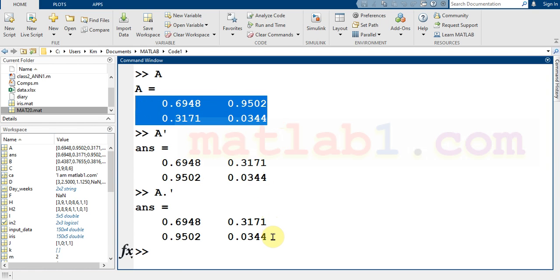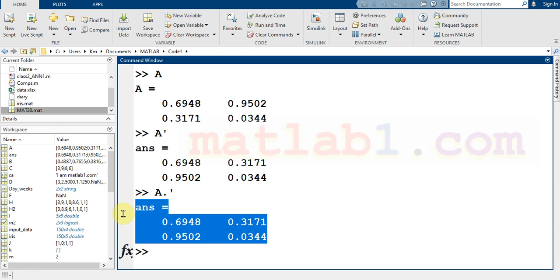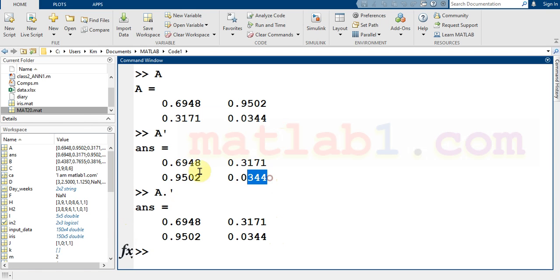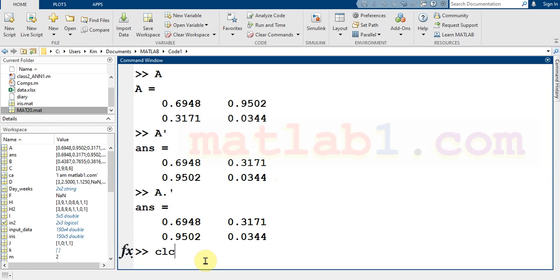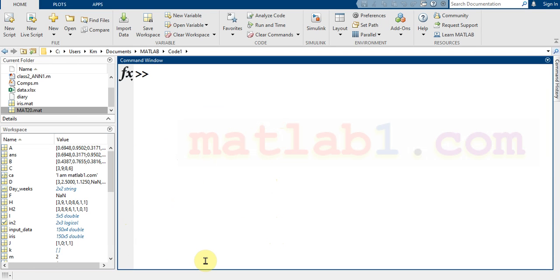As you see, if you use dot transpose or transpose, it's the same. But if you have a complex array, for example 2 plus 4i, 3 minus 6j,